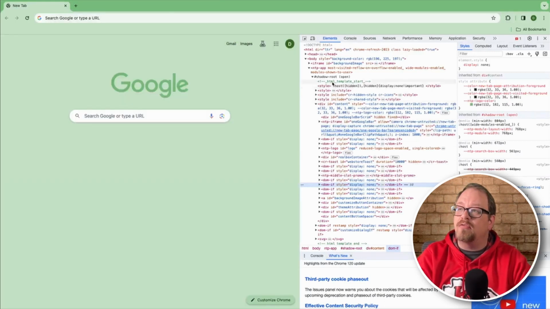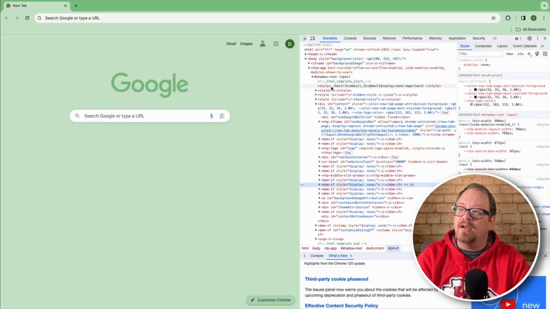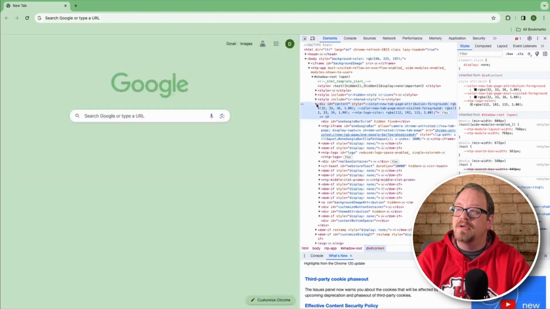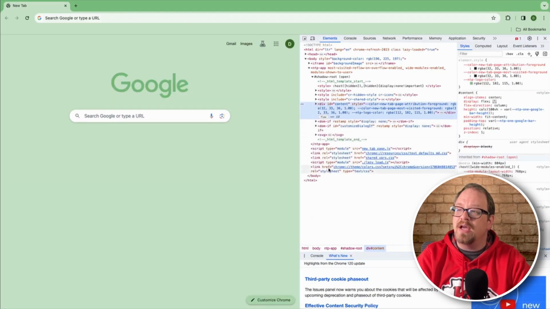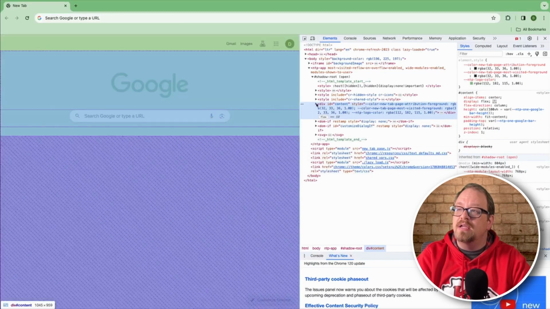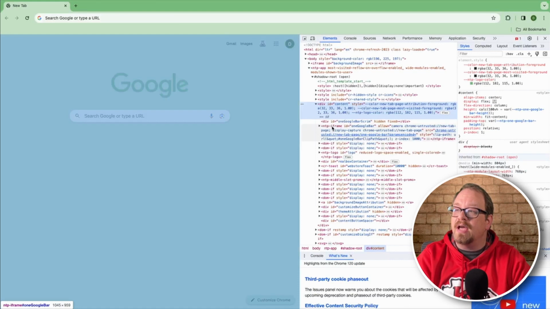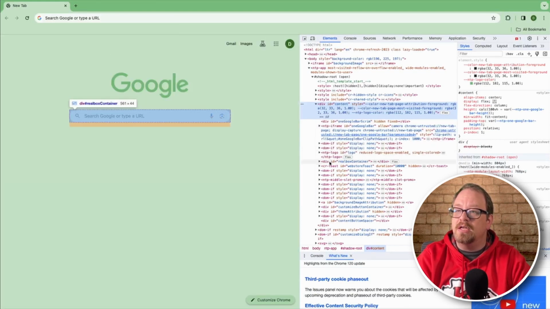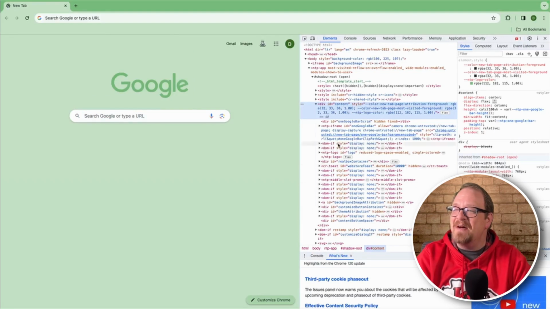So if we go down from top to bottom, you're going to see generally different things get highlighted here. So here's our div content, right? So this is the content area, and then we've got some other things out here that you can't really see, scripts and things like that. So inside our content area, we've got this iframe. Here's the logo. I'm going to just keep going down. Here's the search bar, and there's some other things actually I deleted before I ran this video, which is fun